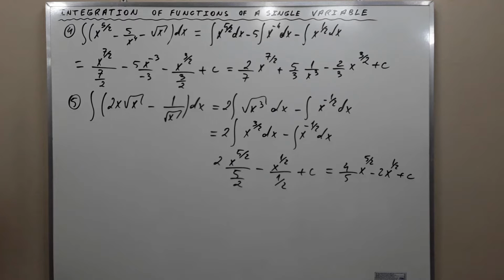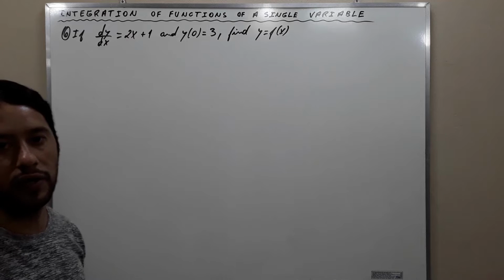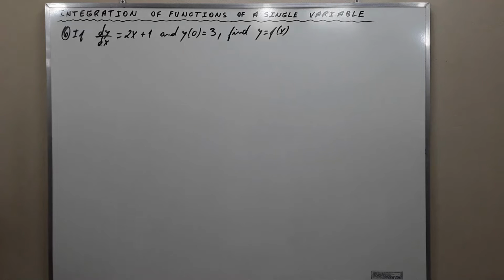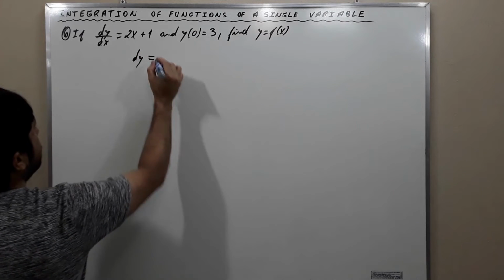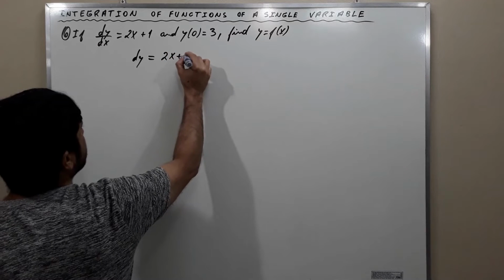Now let's go to exercise 6. The exercise says that if the derivative of y with respect to x is 2x plus 1 and y of 0 is equal to 3, find y equal to f of x. The exercise is saying that y is a function of x and wants us to find the expression of y. Alright, we are going to proceed as follows. dy is equal to 2 times x plus 1 dx,